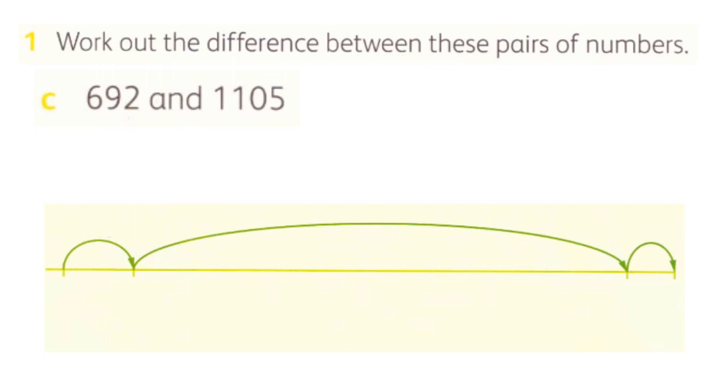C. 692 and 1105. Again, our smaller number will go here, 692. Our first jump will be to the closest 100, which is 700, which is a jump of plus 8. From 700 to 1100 is